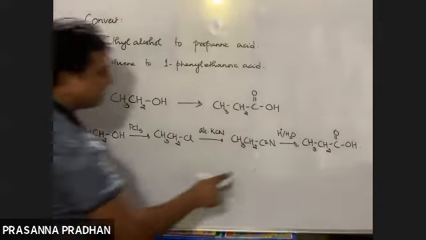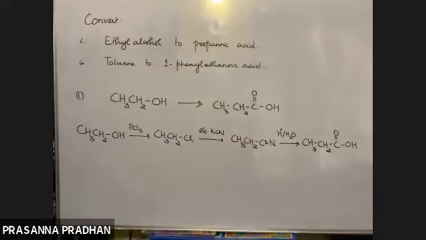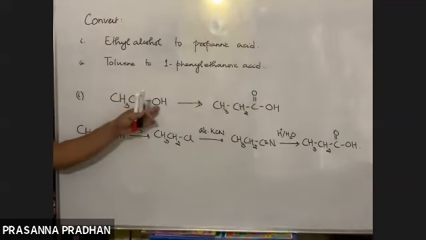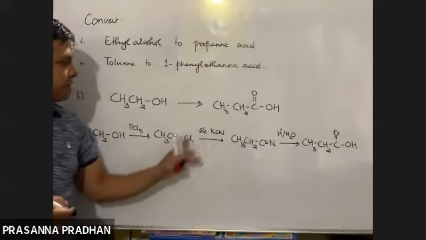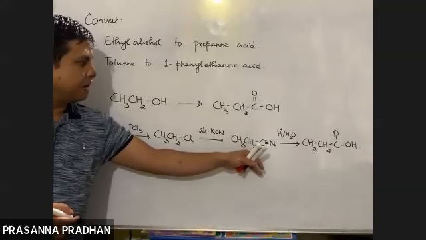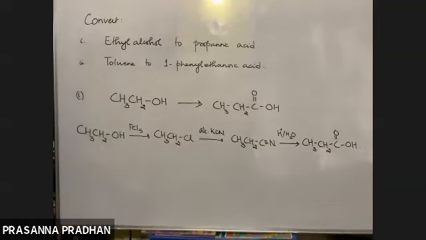So what do I get? I get propanoic acid. Fine. So this is transformation number 1. Understood? So we have to plan. Alcohol, I need to convert alcohol to alkyl halide. Alkyl halide, KCN, an extra carbon will get introduced. The CN needs to get converted to COOH, reagent, acidic hydrolysis. Done. A 1 mark or 2 marks question.